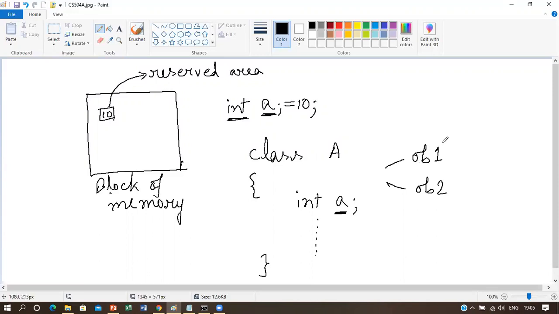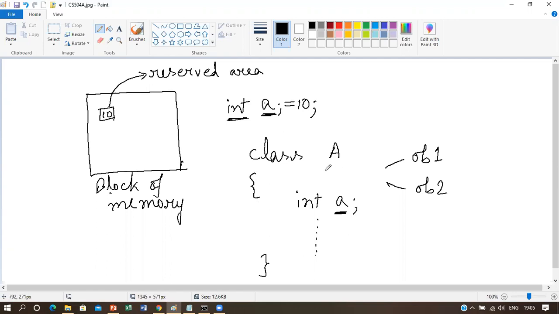Now, we already told many times that whatever properties or attributes or characteristics are being specified inside a class should be there inside each of the objects of that class. So the behaviors that are being specified inside a class should be there in each of its objects.